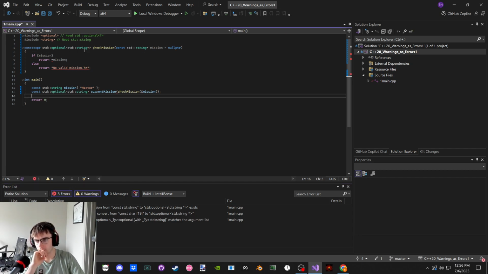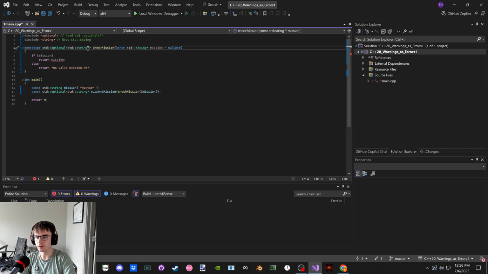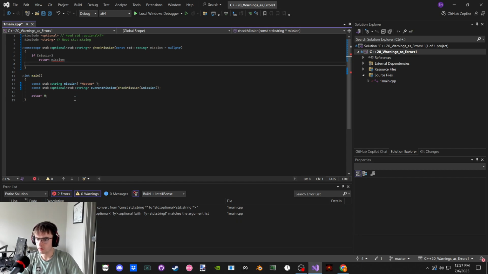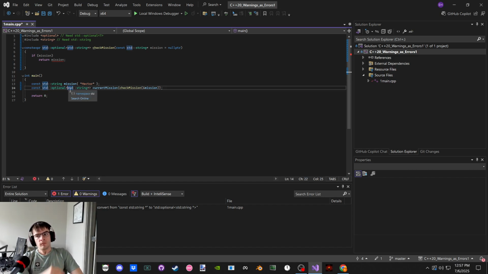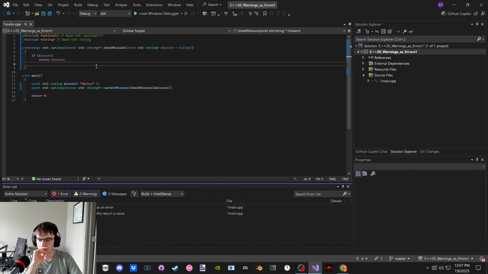Okay, so if we're returning standard string pointer, uh-oh, it doesn't like that, huh? Oh, well, what if we just say this? Yeah, there's none. Oh wait, yeah, because this needs to be a standard string pointer. That's returning it from a const, so we could make both of these const. Okay.